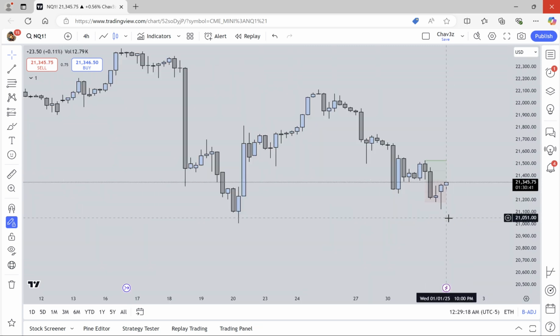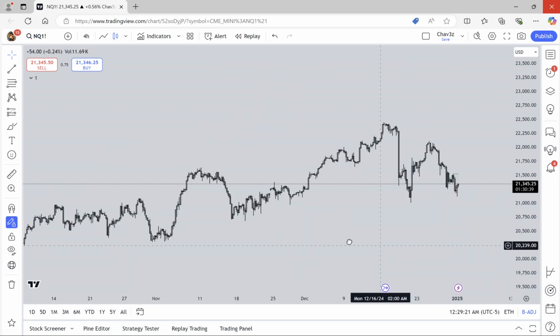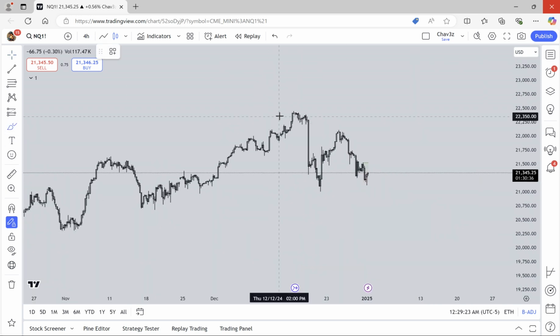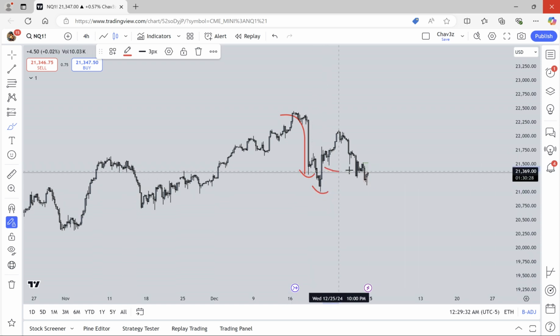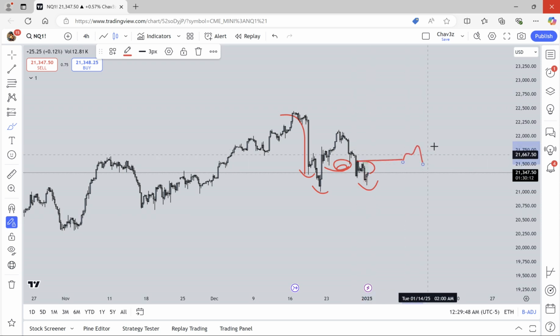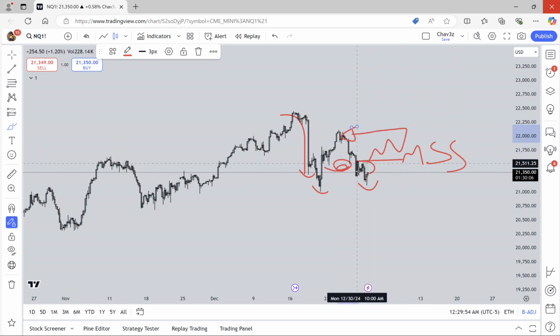So if we go from a 4 hour point of view, right, we have had a crazy drop. This drop is real crazy, right? But then look what happened when we created this low. This specific low is the one that's important. Why is this low important? Because on the lower time frame, we've already started creating that market structure shift to what? To attack the high, which will give us the market structure shift to continue higher to attack this high here, right? Or to attack this imbalance right here.